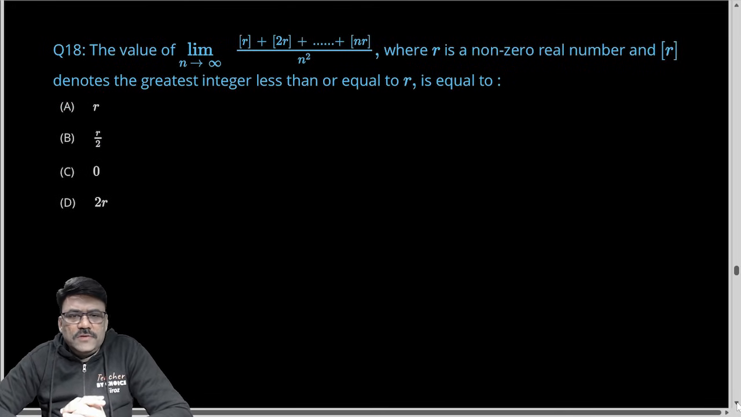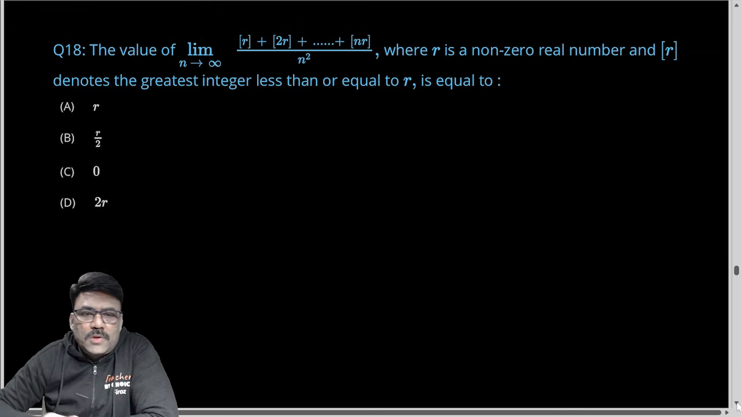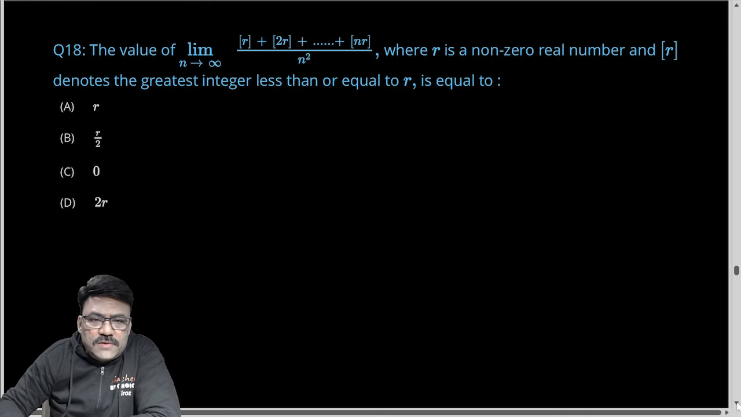Okay, let's see this question. This is from limits. N is approaching infinity, and you have to get this limit: the integral part of r plus the integral part of 2r up to the integral part of nr, over n square. So I can write this limit as limit n approaching infinity